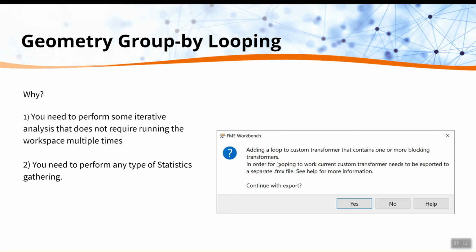Now, I will mention that I personally find it very helpful to set up my custom transformer and test it as far as I can. And then I try to add what's going to be the blocker transformer, that component that's going to make it a blocking custom transformer where I will have to export it to an FMX, as the last possible step. That way I know the data is good up until that transformer. So I know that the problem has something to do with that new addition of the blocking transformer. Now carrying on,